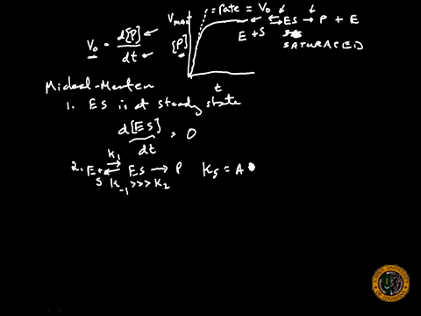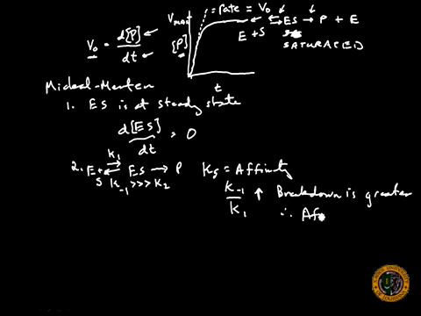Okay. If we just simply take the rate of the breakdown divided by the rate of the formation, that gives us an affinity. So when this ratio is fairly high, that means that our breakdown is greater, and therefore the affinity is low,